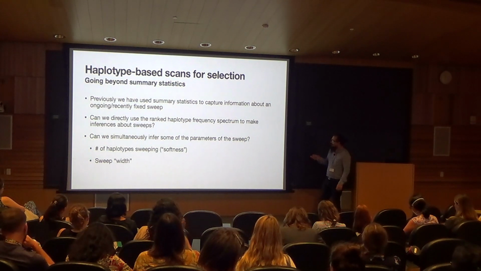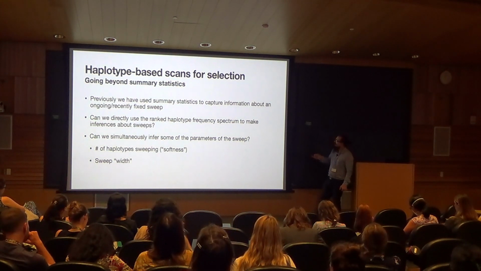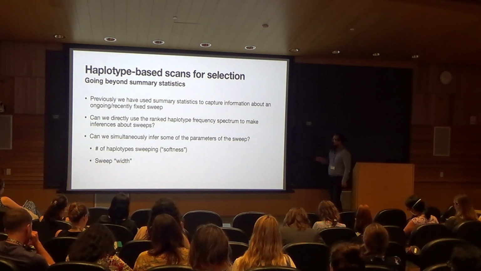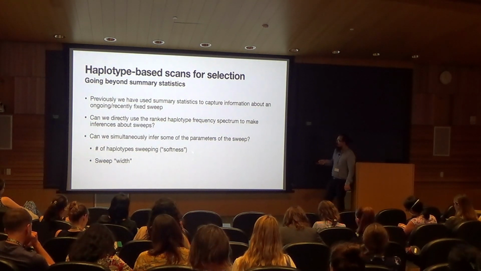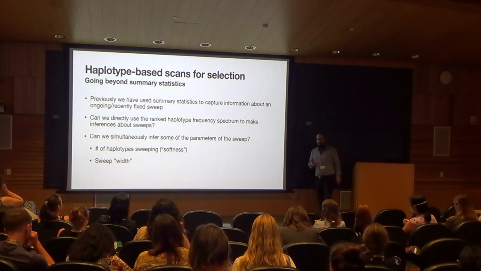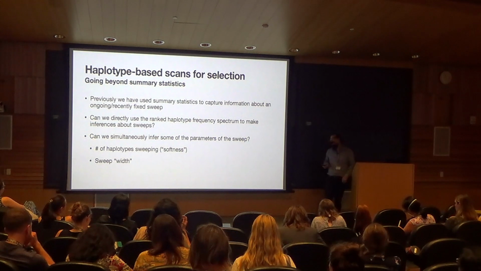So not only am I going to use the haplotype frequency spectrum, but I also want to ask a few questions. Maybe are we able to sort of infer other parameters of the sweep? Maybe the number of haplotypes sweeping, so it would be like softness, or